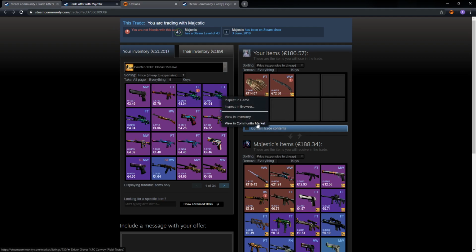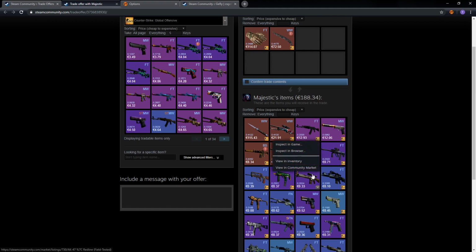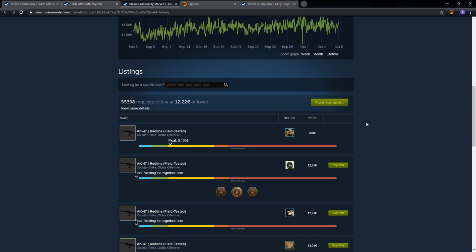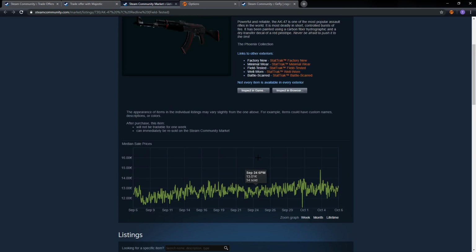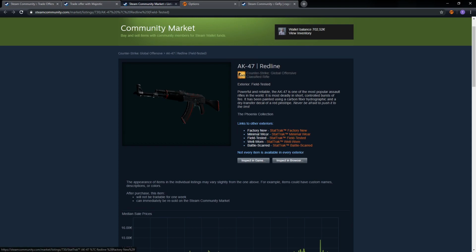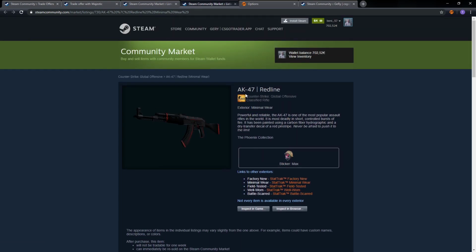Let's move on to the market and let's pick something better for that, like a red line, because those have stickers usually. So what's different from the default market listings page is that you can see the other exteriors of an item, and you can click it and open it,